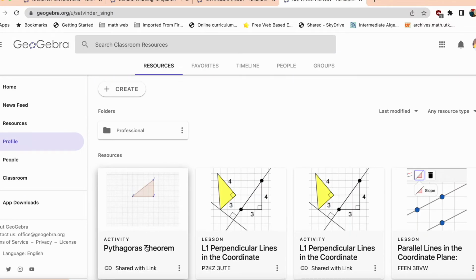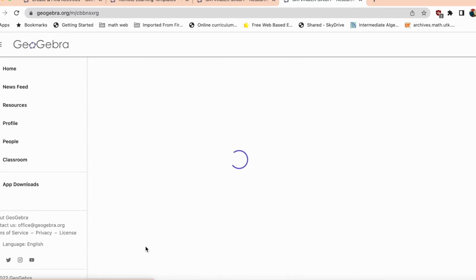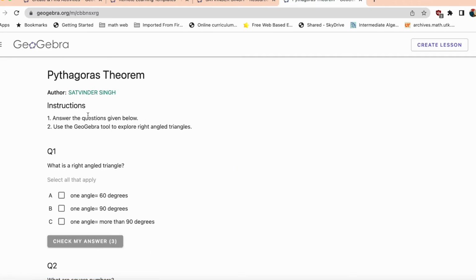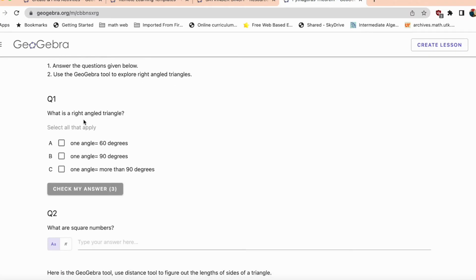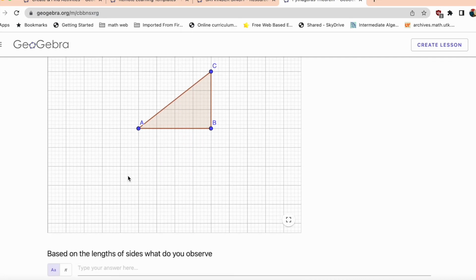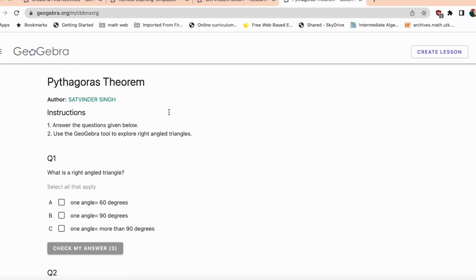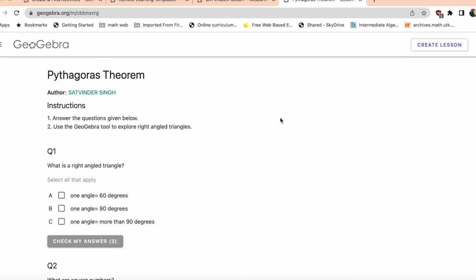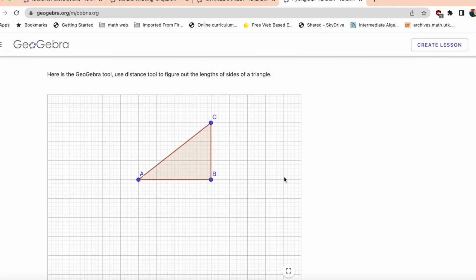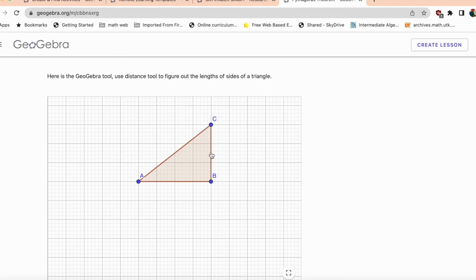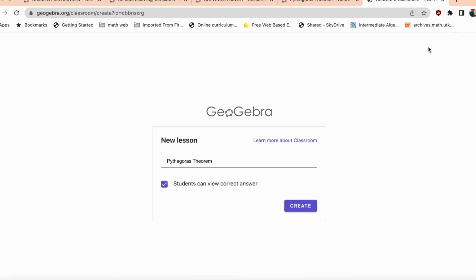Here is your activity. You want to see how it is? Click on it. Look, your author, instruction, that was the first component, question number 1, question number 2, then there is a tool, and then there is a third question, right? So once your activity is ready, you can hit create lesson. Look at this. This tool is available for students. Let's create a lesson quickly and okay, create,